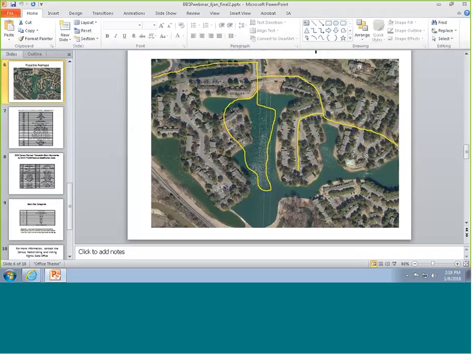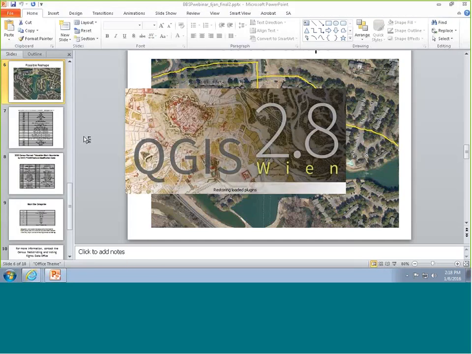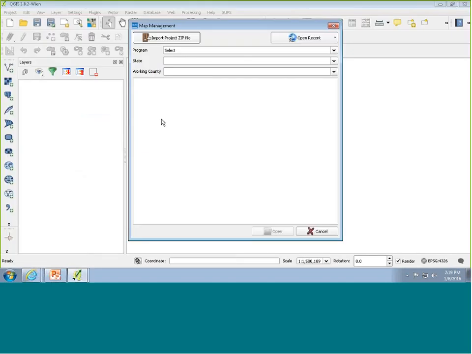Okay. So I'm going to open GUPS again. And when I open it up, this mirrors what I showed in the beginning. You're presented with your map management screen. If you were importing a zip file, if you were a state liaison and somebody shared the data with you, you would use this, which we'll talk about more later. And you have two options. You can either open recent, you can see that's Shelby County right there,